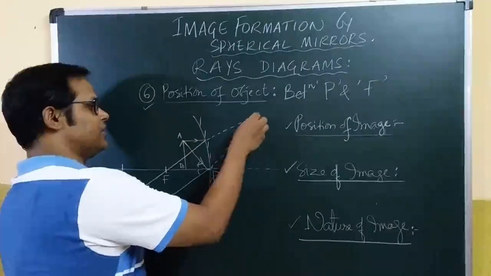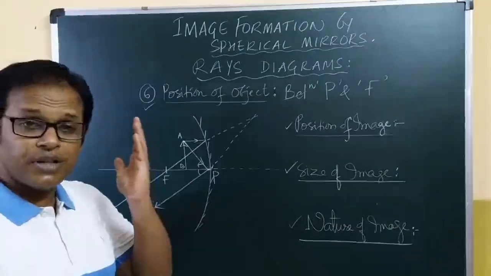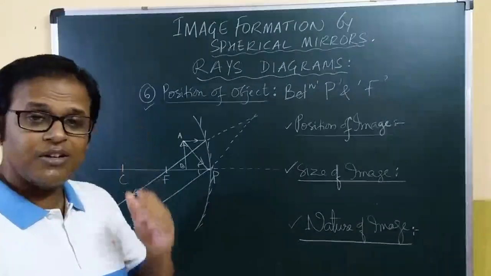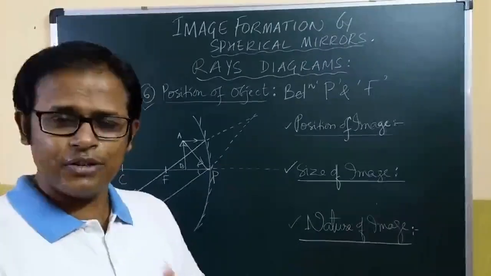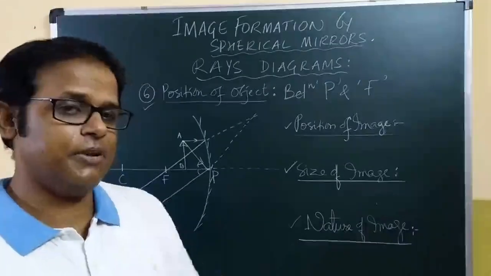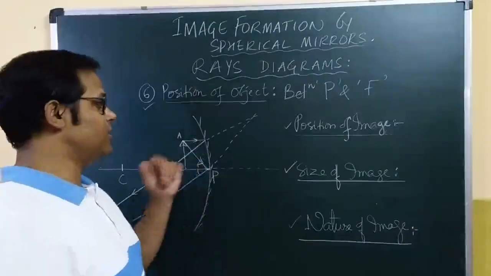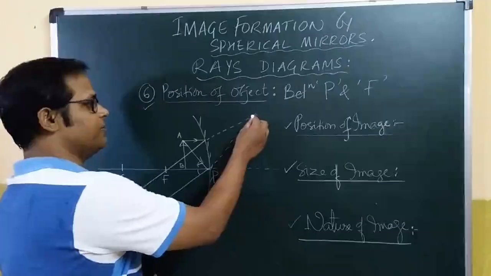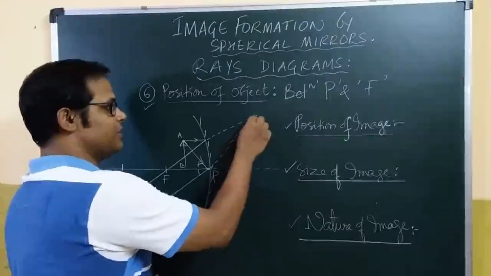Because in reality, let the object be your own face kept very close to a concave mirror. Will you see your image in the mirror? Absolutely yes. Your image is formed, but that image is not formed by the actual intersection of the reflected beam. It is the non-actual intersection of the reflected beam which forms that image in the mirror, and hence this meeting point